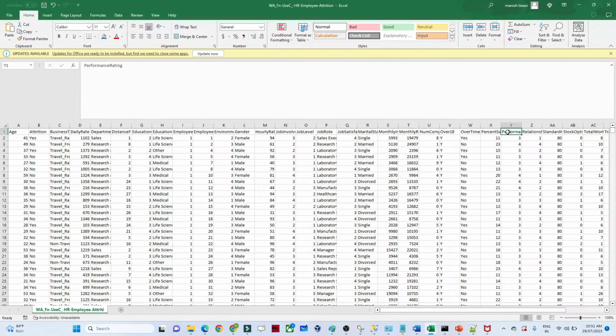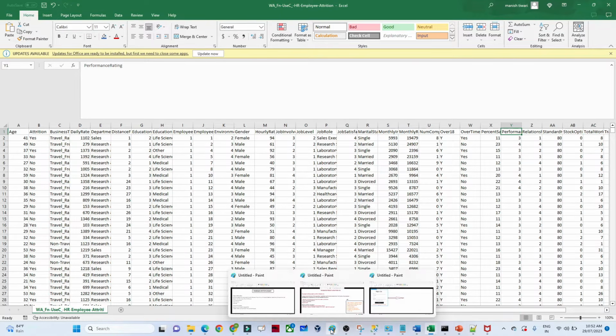Okay, the performance cycle, performance rating, all the employee details we have in this particular data set. In this data set we have to find out what is the actual reason because of which the people are leaving. That is the insight we have to provide to the business. So how will we do it? We will open Databricks, and there we will try to derive